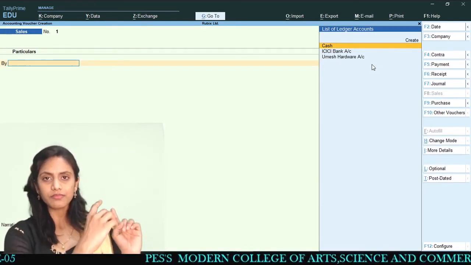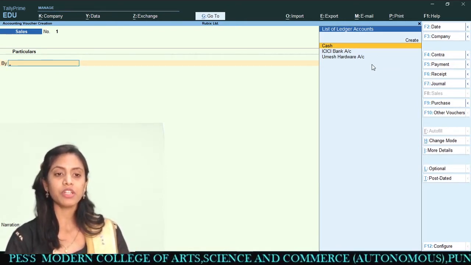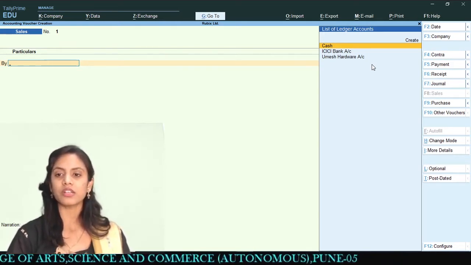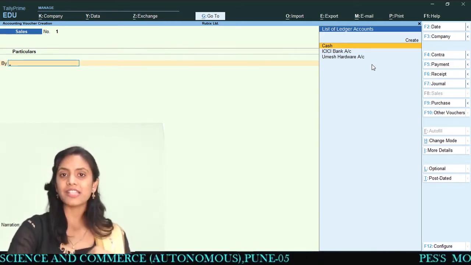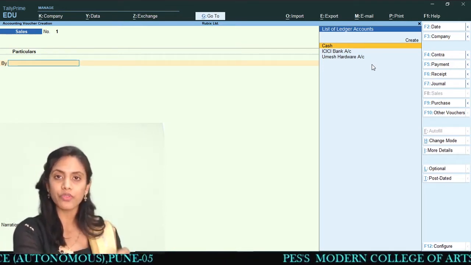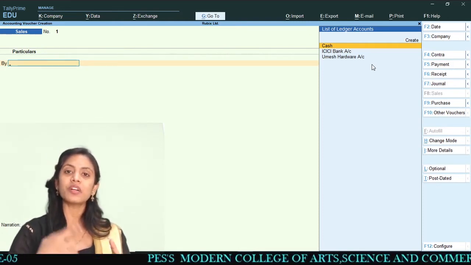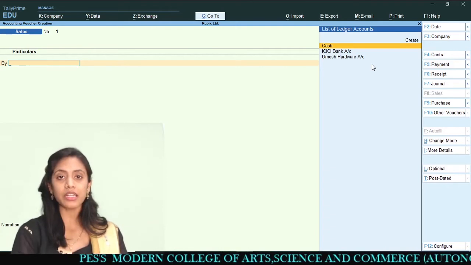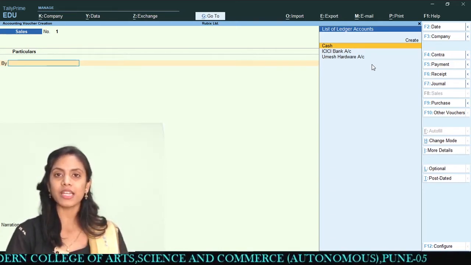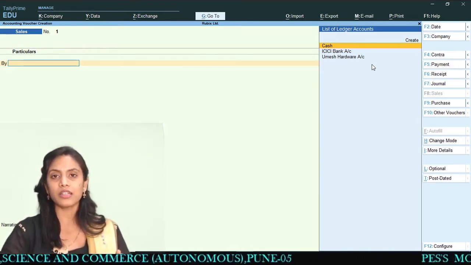I am in a voucher of sales. I don't have the ledger created which I want to take for a debit over here. And for creating a new ledger, I will go to the ledger creation from this menu, from this window. From the voucher, I will go directly for the ledger creation. Before creating these ledgers primarily, I am going to create a ledger from this menu of voucher. Okay, there are two ways for creating a ledger.